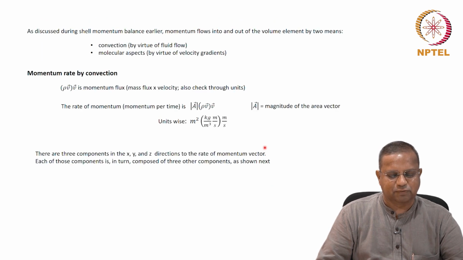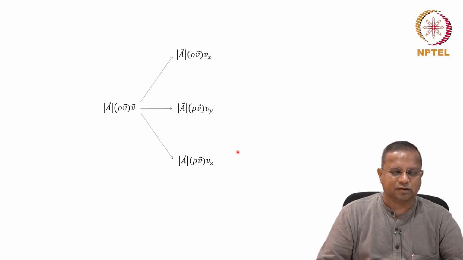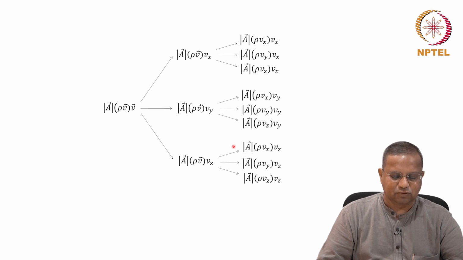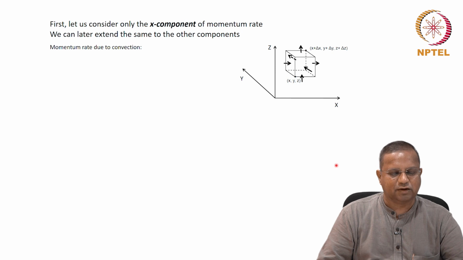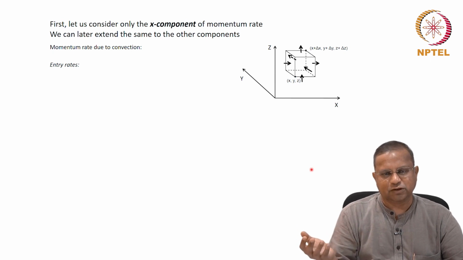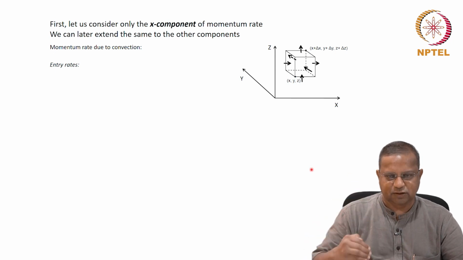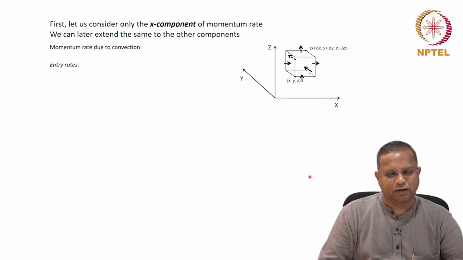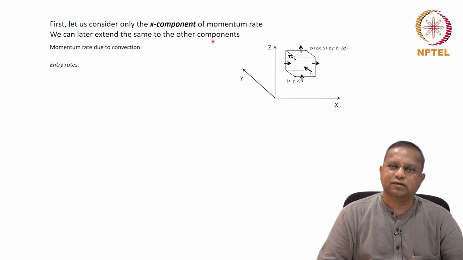So we looked at the various expressions. As a part of this, we needed to understand a second order tensor and a dyadic product, all those new things. Rho VV was a dyadic product. And then we looked only at one component of the momentum, because it's a vector, there are three components, each with three different paths, and therefore a total of 9 paths. So instead of dealing with all the 9 paths together, we looked at only the x component and then extended that to the y and z components.